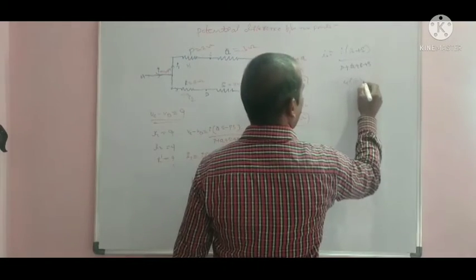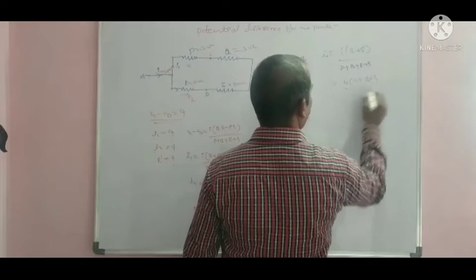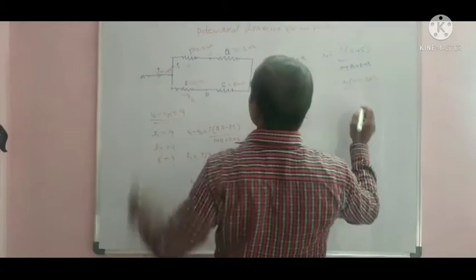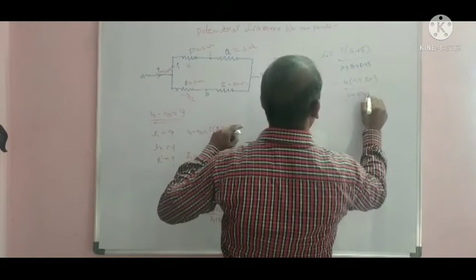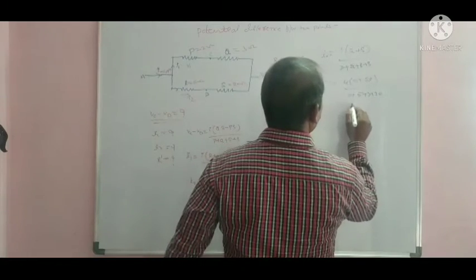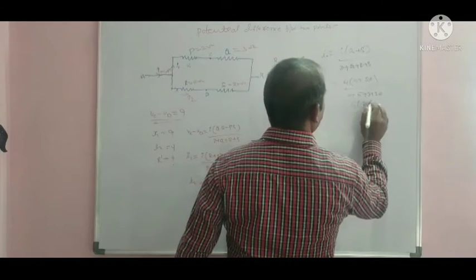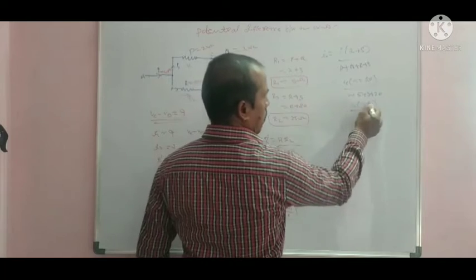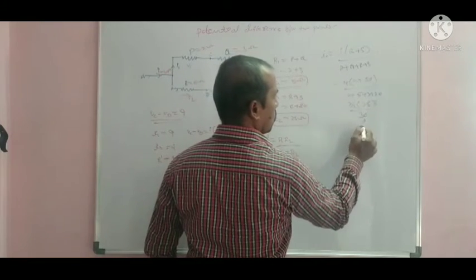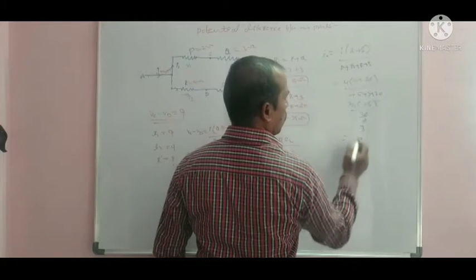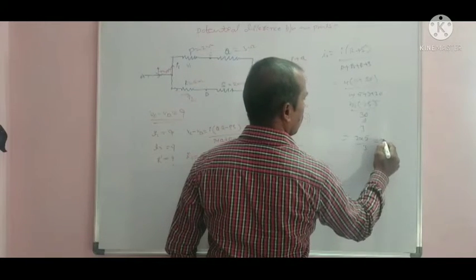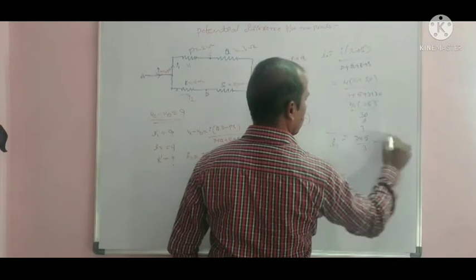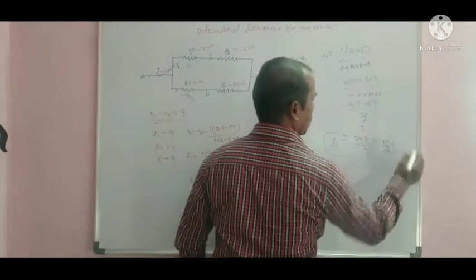So R plus S is 25 by the total, which is 30: 2 plus 5 plus 3 plus 20. That is 25 by 30. 5 fives are 25, 5 sixes are 30, 2 twos are 4, 2 threes are 6. So the remaining terms are 2 into 5 by 3, that is equal to 10 by 3. Here I1 is equal to 10 by 3 amperes.